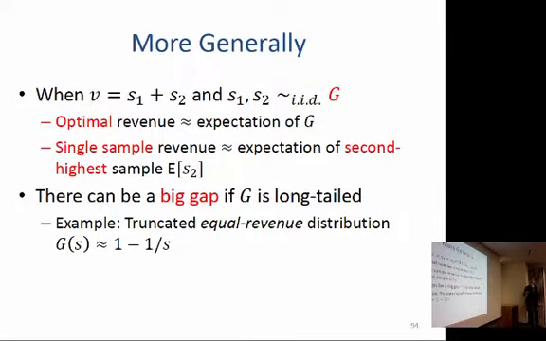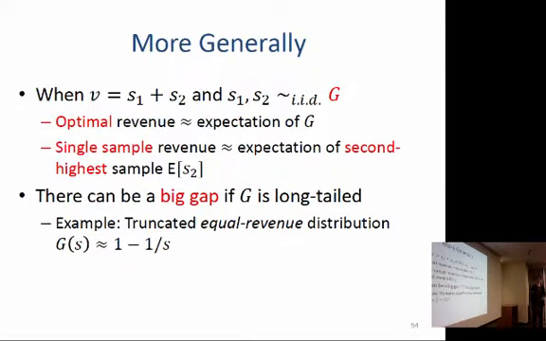And the bad news is that if G is long tail, there can be a huge gap between the expected value and its second highest expected value. Is it the expected value or expectation of the sum of them, the optimal revenue? So I guess it's equivalent, up to a factor of 2. If I'm talking about 2 players, right. Oh, I see what you're saying. I need to think about it. But still, for this example, it's up to a factor of 2, and that's what I wanted to demonstrate. The gap is really large.